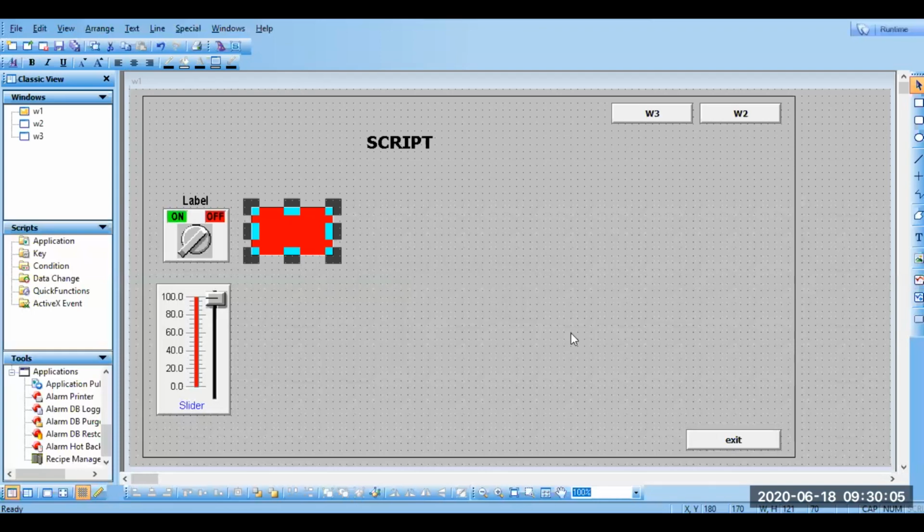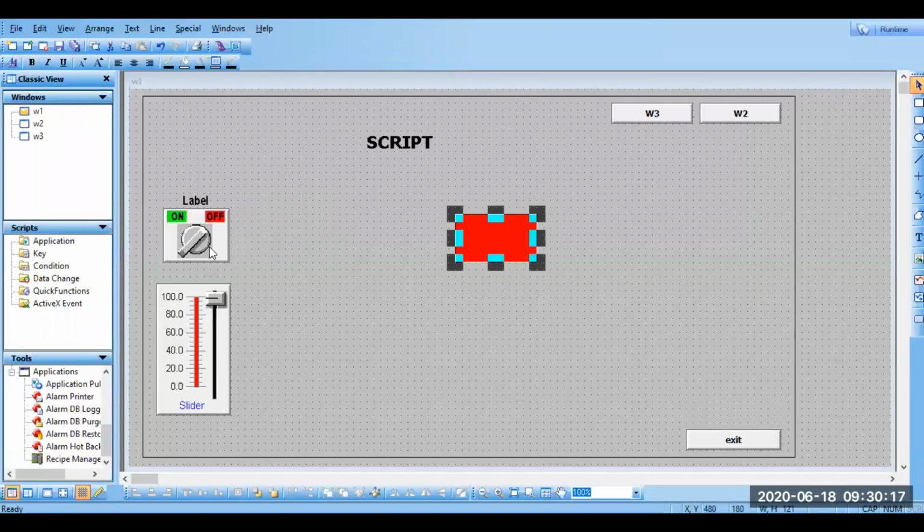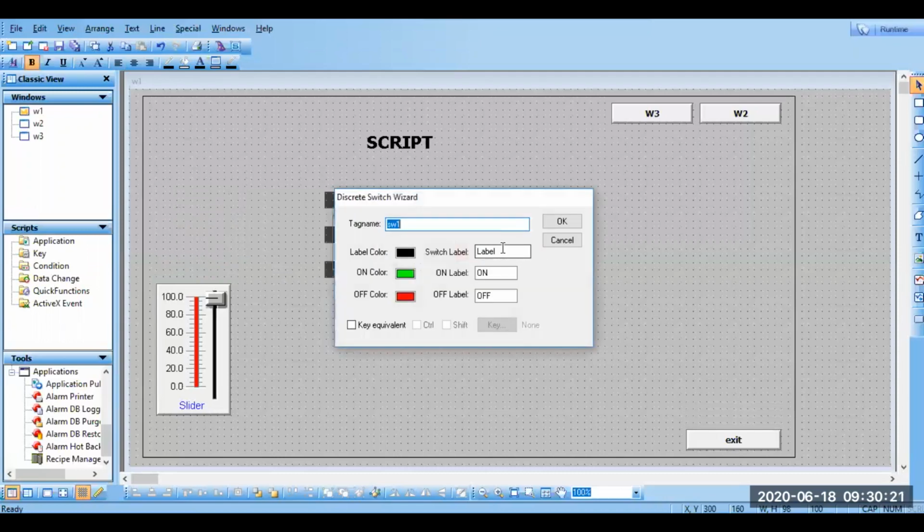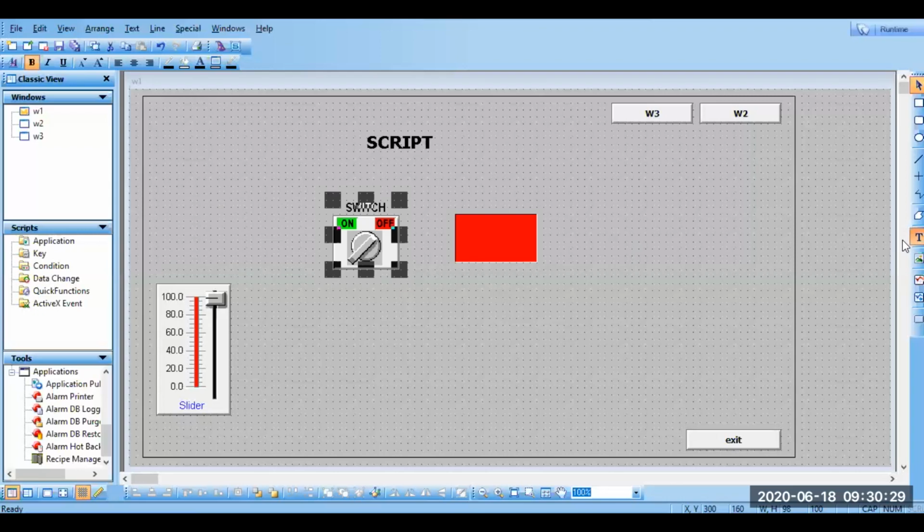Now, script in virtual simulation can be used to interlink two tags. For example, take this as a lamp, and this is going to be our switch. Just label it as SWITCH and label this as lamp.